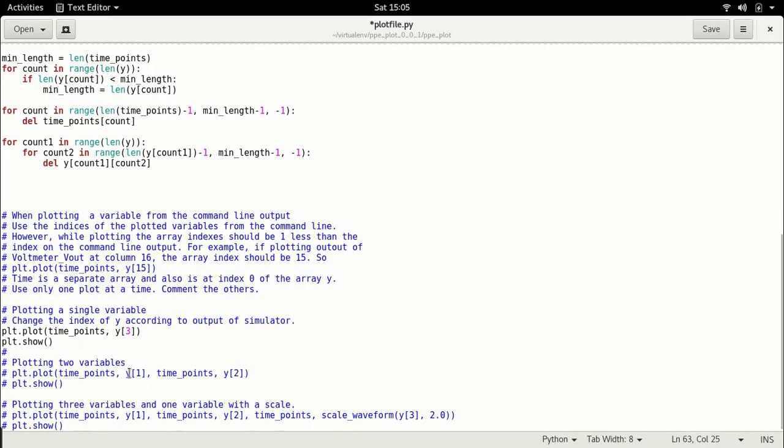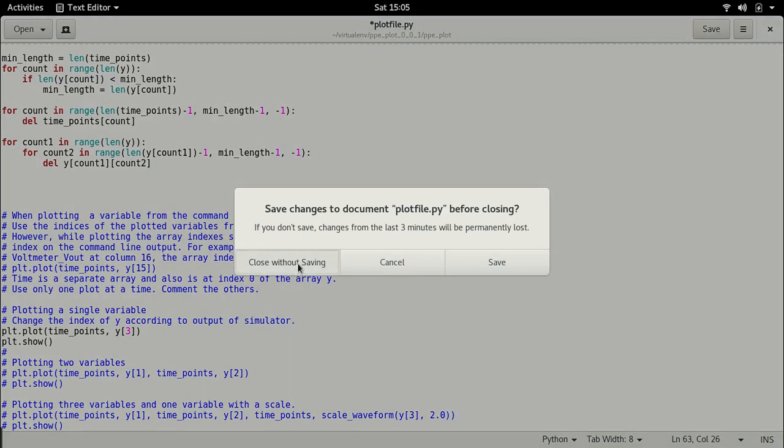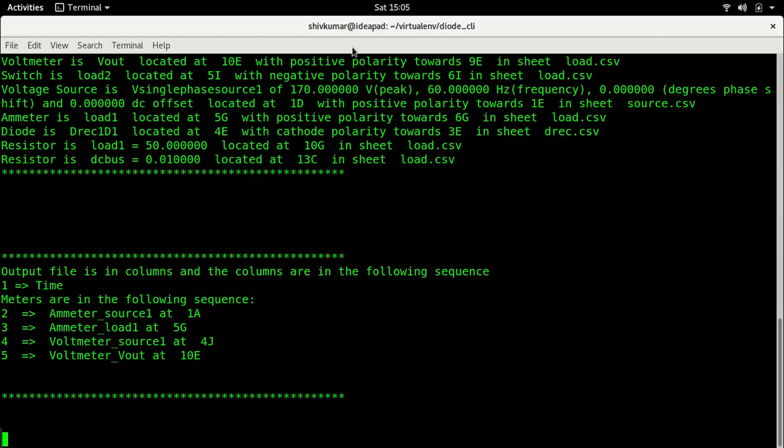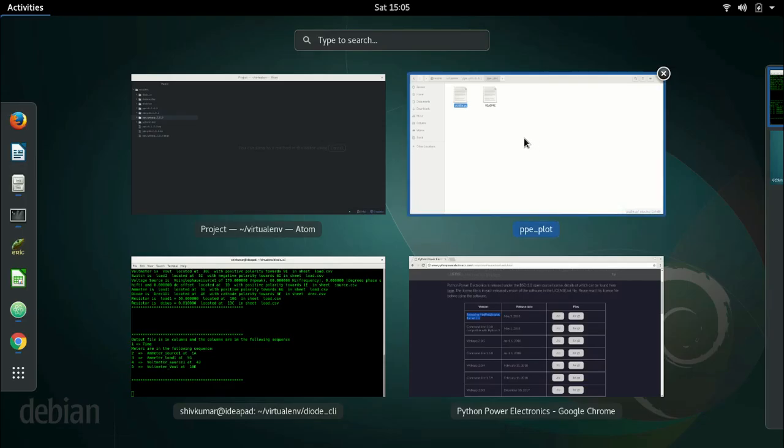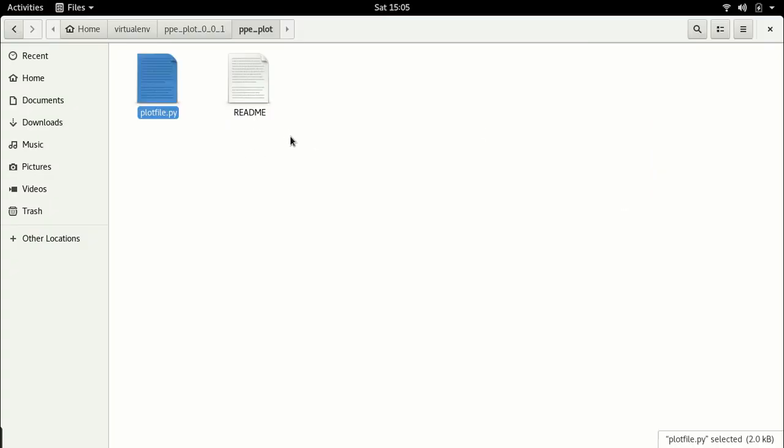So now that we have this, I'm going to go at this point of time. Let me just leave it as it is. I'm going to first copy this file, close without saving. I don't have to save it, I'll go later. Let me copy these two. Let me copy rather this file